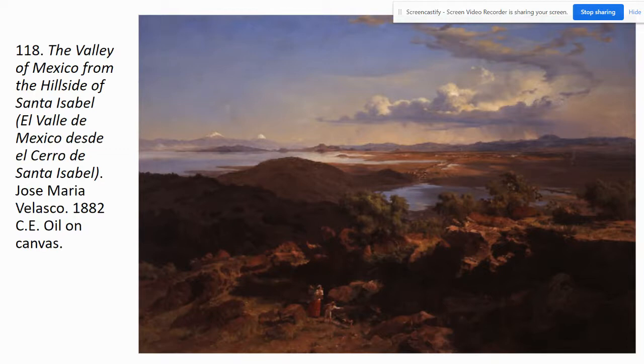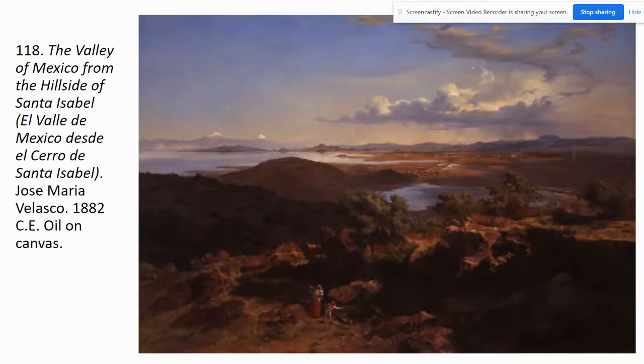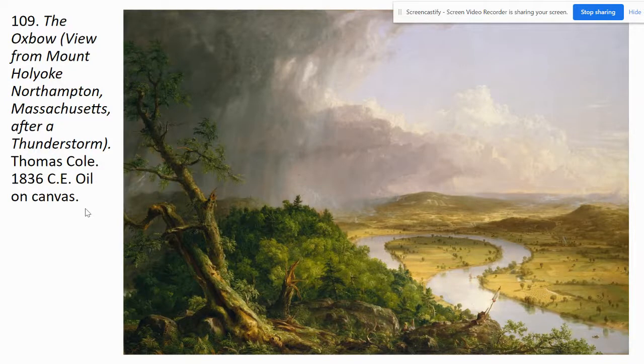And unlike in the United States, Mexico chooses to create an academy. So they are following the European tradition of the academy. The United States does not have a formal academy, but Mexico does. And because Mexico does, we see this is made in 1882. The Oxbow was made in 1836, which I know is only 50 years, but I'm sure you've been able to tell